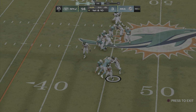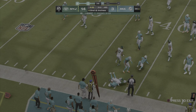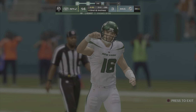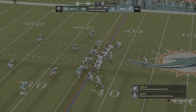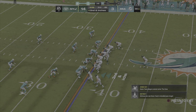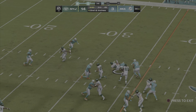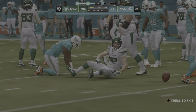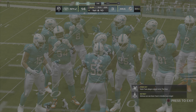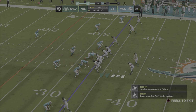A run with Hurst. And here he'll be brought down a little shy of the 35 at the 36. That one good for 10 yards. And that'll bring up a second and just about a few inches here. Well, they'll run it here on the jet sweep. Oh, and this one may need to go back to the drawing board. He's going to be swallowed up right away. So they'll come up 1st and 10 now from the 33. First down,